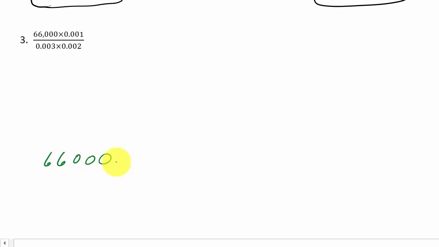There's the decimal. It has to go to the right of the first non-zero digit. So that's 1, 2, 3, 4. And so this is 6.6 times 10. Now I moved it 1, 2, 3, 4 places to the left, so that's to the +4. Now I know I'm going through this kind of fast, but if you need to watch how to convert these things, check out my other video. And then maybe I'll show you how to convert this one,